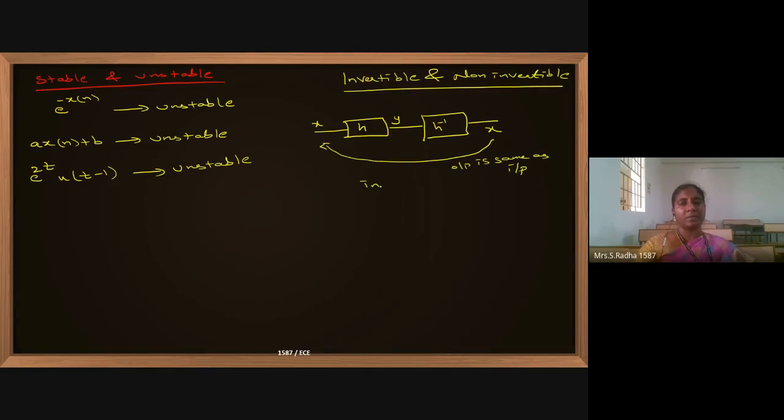The diagram represents an invertible system. In an invertible system, we can get the output same as the initial input. Such systems are called invertible systems. If this rule cannot be achieved, then those systems are called non-invertible systems. You may get a question on this also. When we are able to get the output same as the input using some h inverse like this, that is called an invertible system. If that is not followed, it is a non-invertible system.